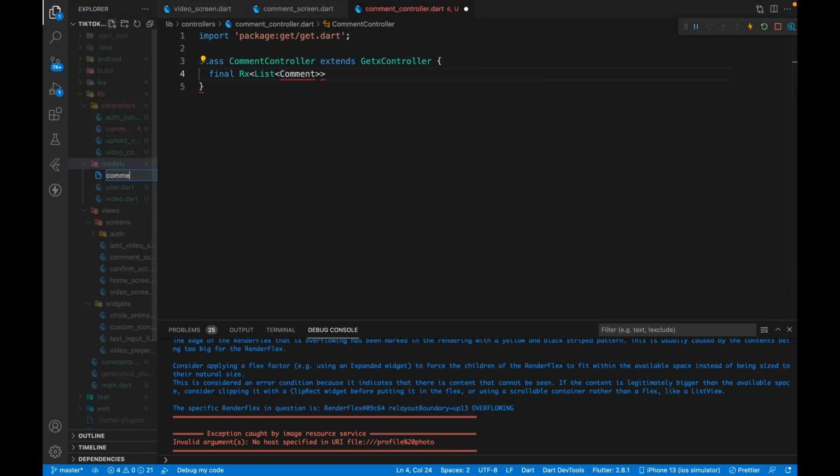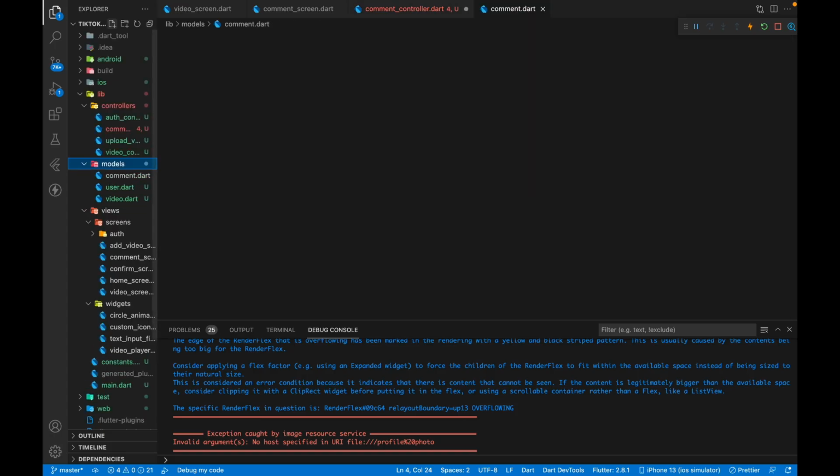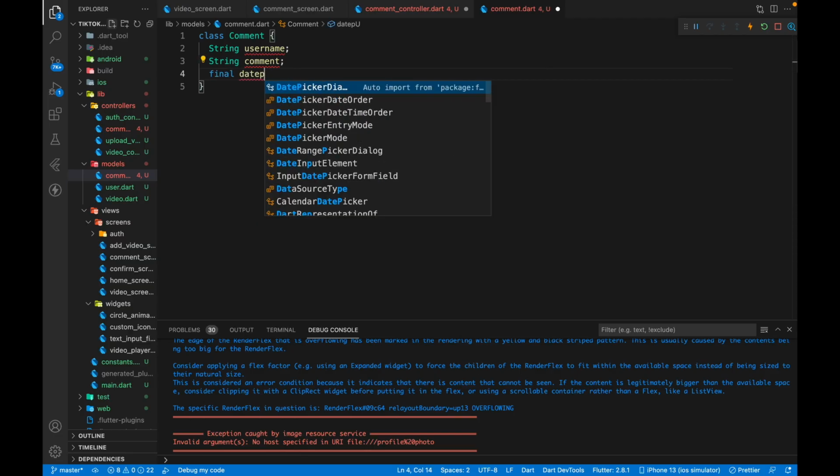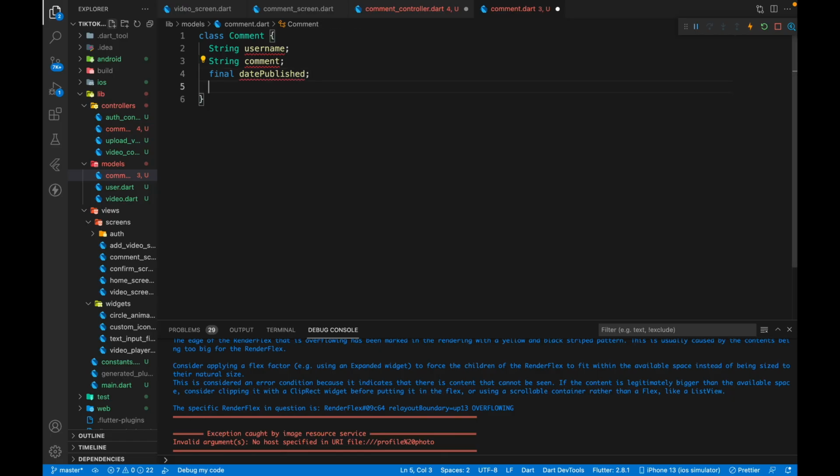So we can go over here and create the comment dot model, right? And now the comment model will have a class Comment, and it will have a string username, string comment, and a date published, and it's going to be final because we are going to receive it as a timestamp which is given by Firebase, but we are going to send it as a DateTime. And it is going to be a list of likes. Then we are going to have a profile photo, so string profile photo,